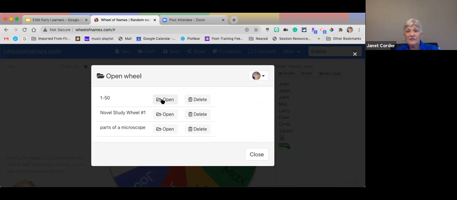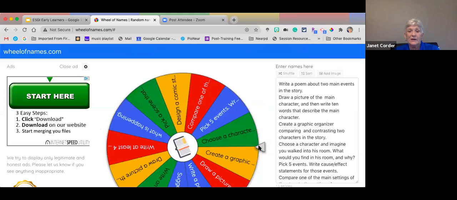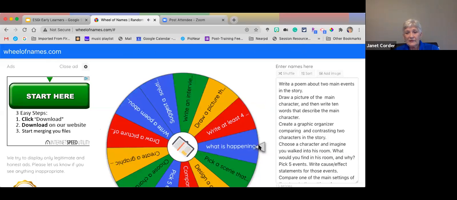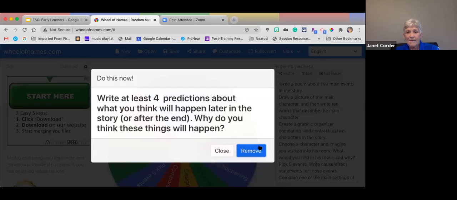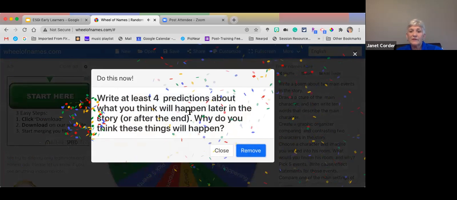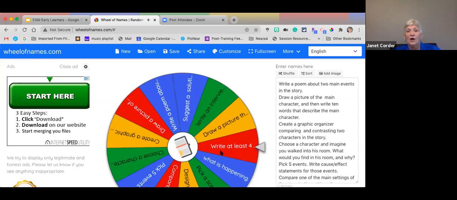one that's just 50 names that we use, the numbers 1 to 50 that we use when we're presenting. This one is for older students, but I want you to see what happens. You can have a lot of text on here. And when it picks an option, write at least 4 predictions about what you think will happen later in the story or after the end. So you could say, draw a picture of the main character or tell who the main character is. It can be as simple or as difficult as you want. So that is